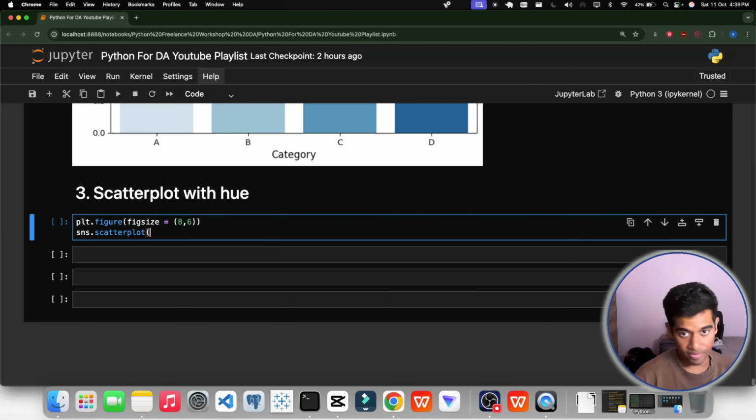Scatter plot, right? In this, what things do we need? We need x, y, hue, and palette, like I would say inferno, deep, or anything like that. And we also need the data set name. Also, we need the point size.